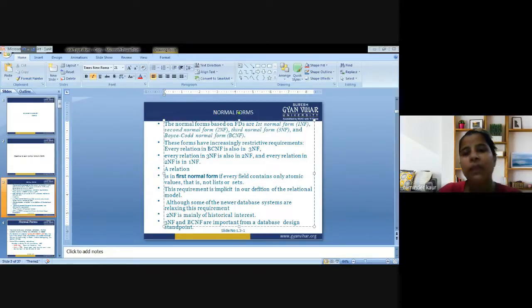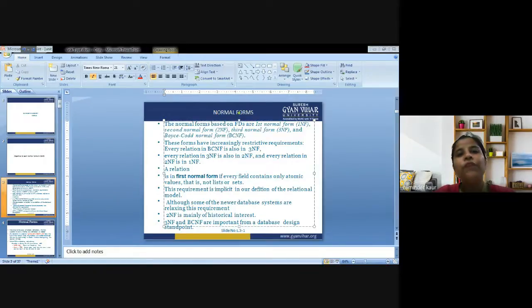So coming to the main point, what is normalization? Normalization is to minimize the redundant data, or the redundancy present in a relation or a set of relations. Redundancy in a relation may cause insertion, deletion, and updation anomalies, so normalization helps to minimize the redundancy in relations. Normal forms are used to eliminate or reduce redundancy present in database tables.